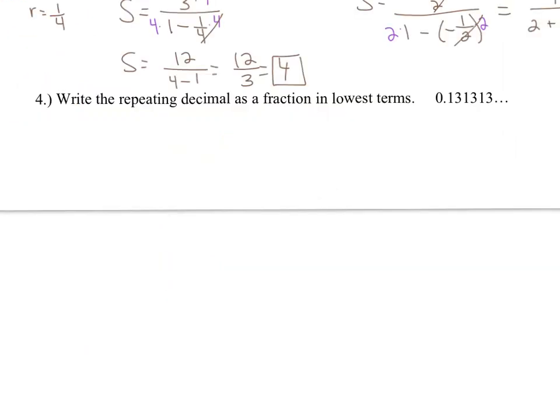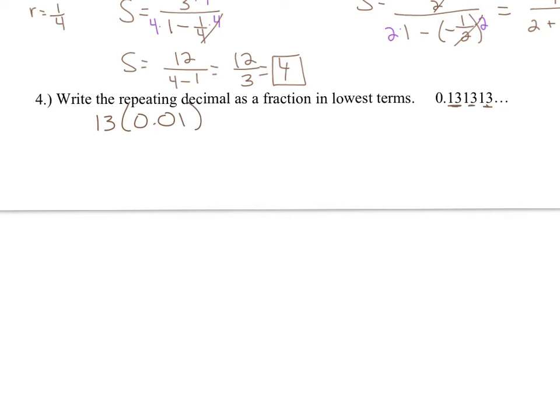And for this last problem, write the repeating decimal as a fraction. Now we're going to do this without a calculator, in lowest terms. And here we have the repeating decimal 0.131313. So the portion that's actually repeating is the 13. So I'm going to break this down a little bit, probably something that you wouldn't have thought of, but again, you'll see it hopefully after I write it down. So I'm going to break this down into 13 because that's the part that's repeating. And then that I'm going to multiply by